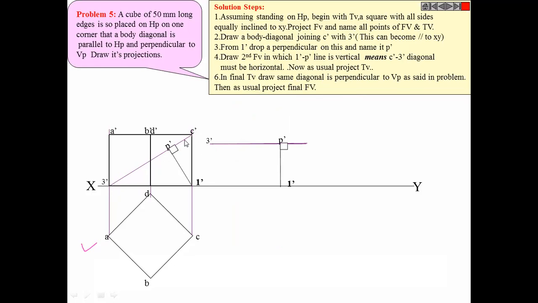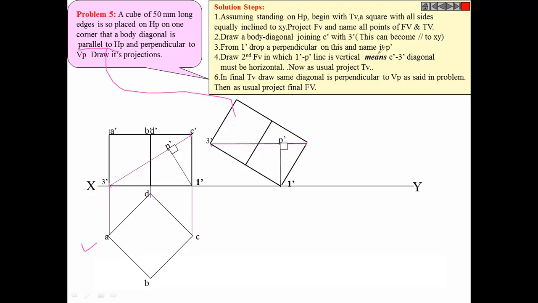Right now this is the body diagonal, these three bottom and C top. So we first made it parallel to HP, first step. We drew this line first, and we generated everything around it.